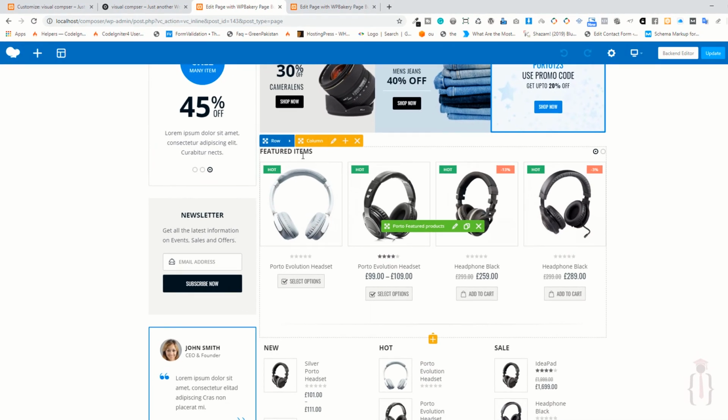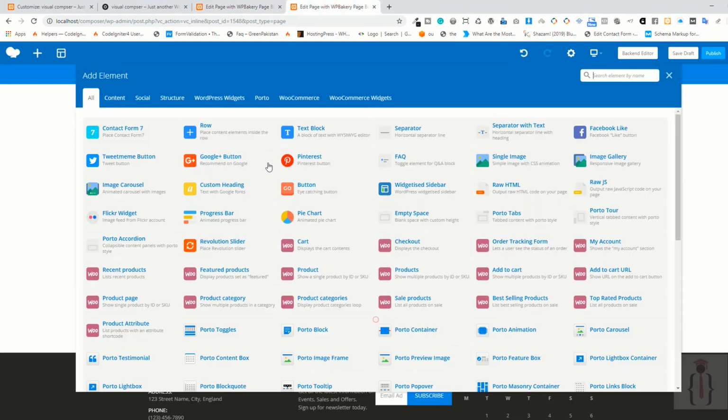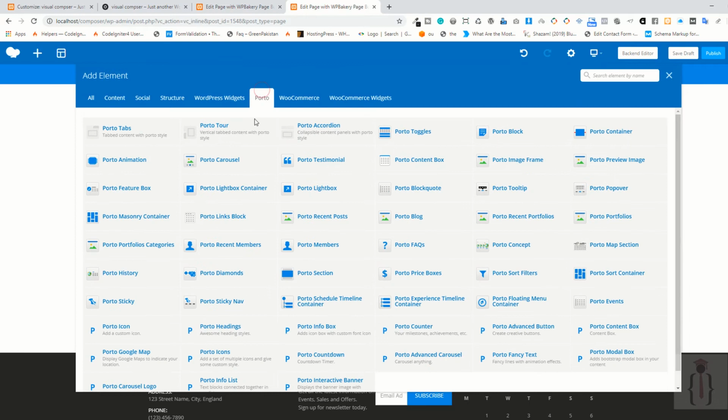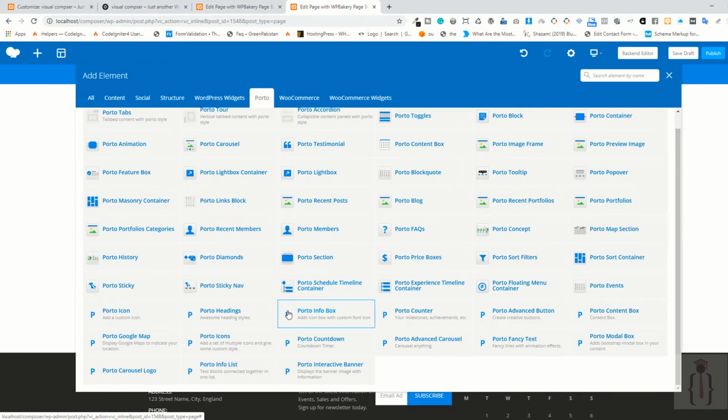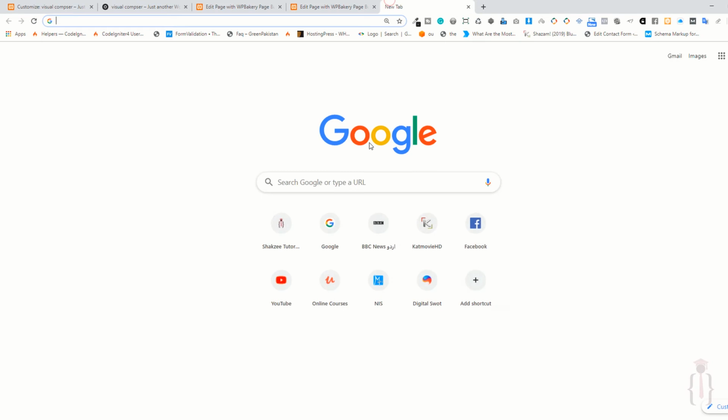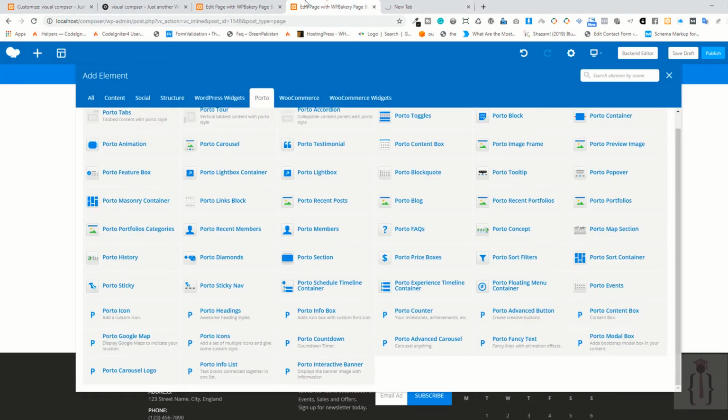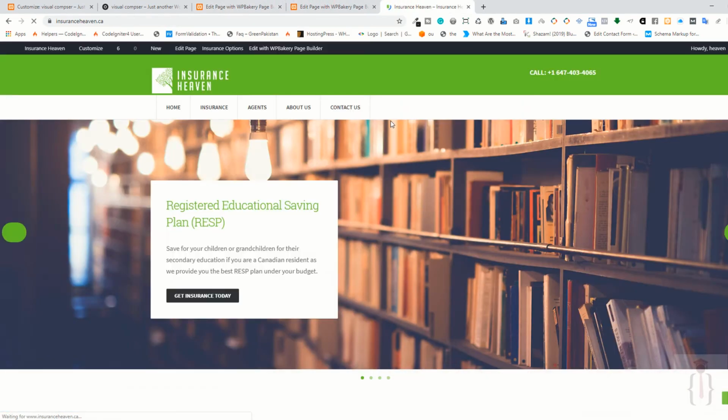As you can see, it's a featured product. Every theme has its own settings, and as you can see, a lot of functionality is available here. So you have to check each and every functionality depending upon your theme. It's a photo theme, so that's why. Okay, if you open this Insurance Heaven, it's a live website. Now if I add this page,